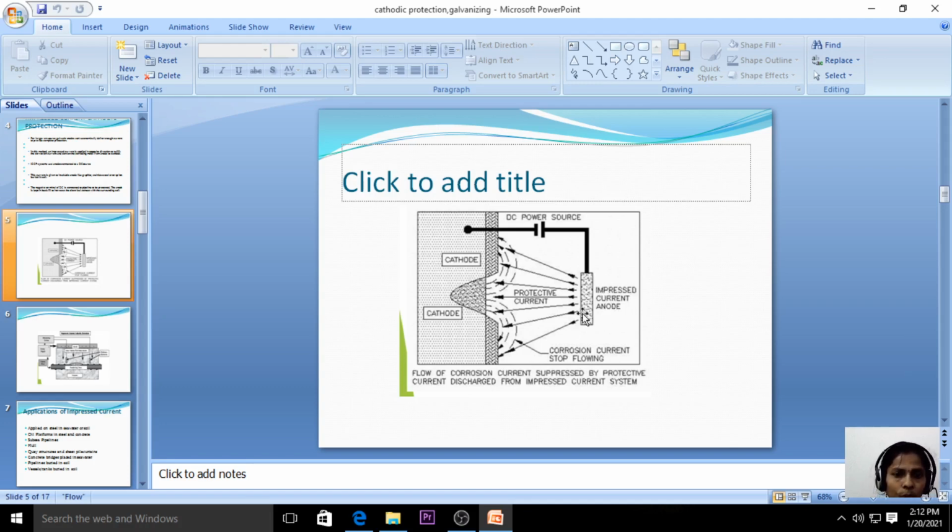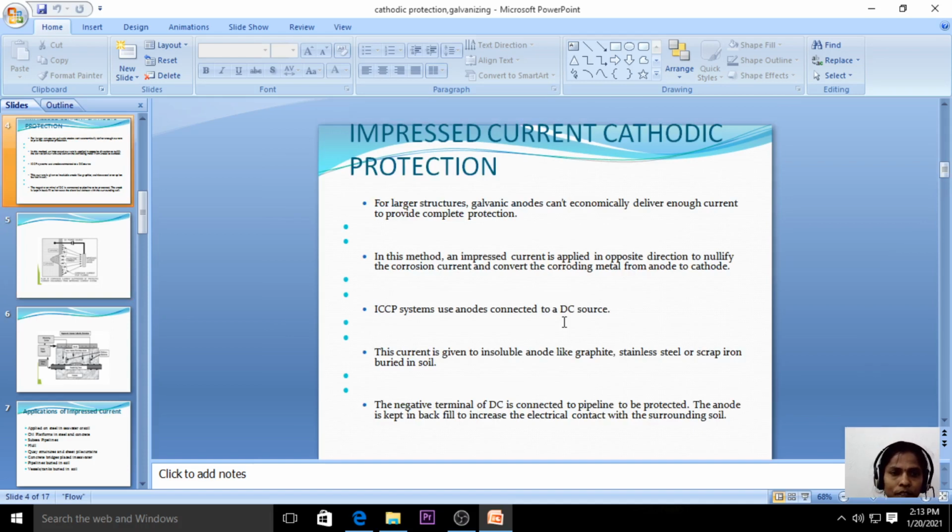So this anode, that is the impressed current anode, is placed in the black fields or in inert metals. Inert is nothing but a metal which is not reacting with the environment. So when we place it in the inert metal, this metal is going to be protected because it converts to the cathode. And since it is inert, it also does not react with the environment, and this metal is also protected in impressed current cathodic protection.